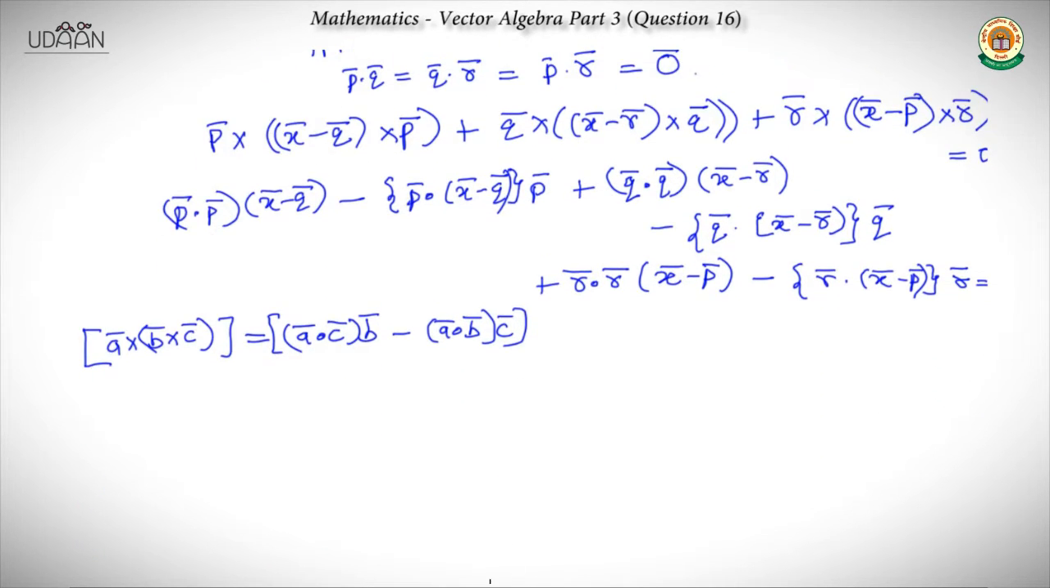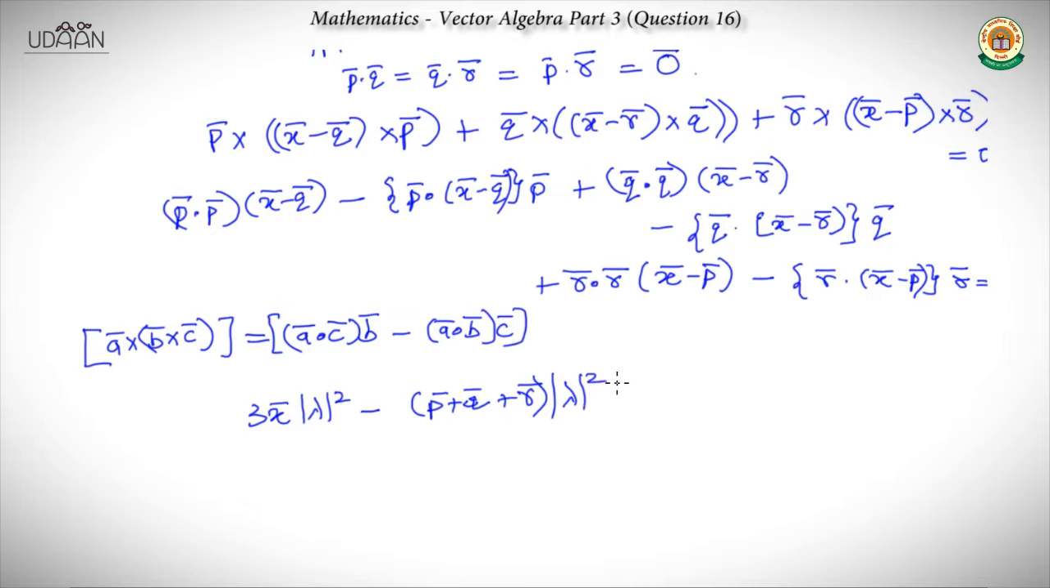Now p bar dot p bar is mod p square, which turns out to be lambda square. Lambda square times x bar minus q bar, or we can rather simplify it. I will write the simplified form, which turns out to be 3 times x bar times mod lambda square minus p bar plus q bar plus r bar times